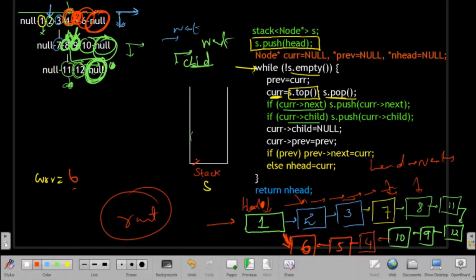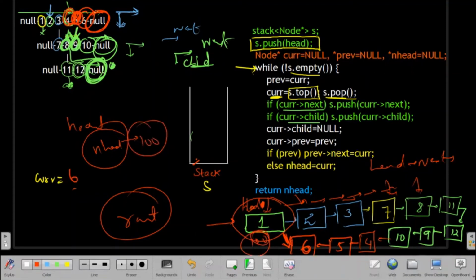So what I will use is one extra variable, let's name it new head, and I'll store the starting node address here only. So if I have 100 as the starting node, I will store 100 already. So for that I am using new head. So how will I find out if this is my starting node, an intermediate node, or a last node, because I have to find that, right?